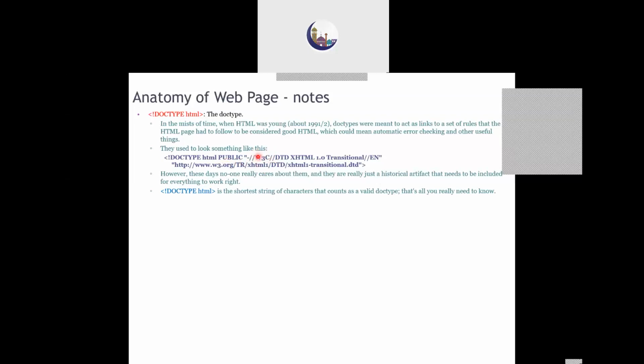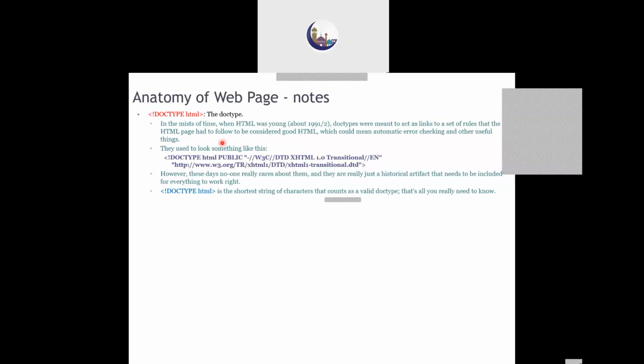I'm telling that this organization has used a document type definition, and the HTML language that we have used is going to follow extended HTML version 1.0, and it is transitional, means it can progress further. And whatever we are writing down is in English language. And the actual definitions of the entire tags can be found using this particular link.